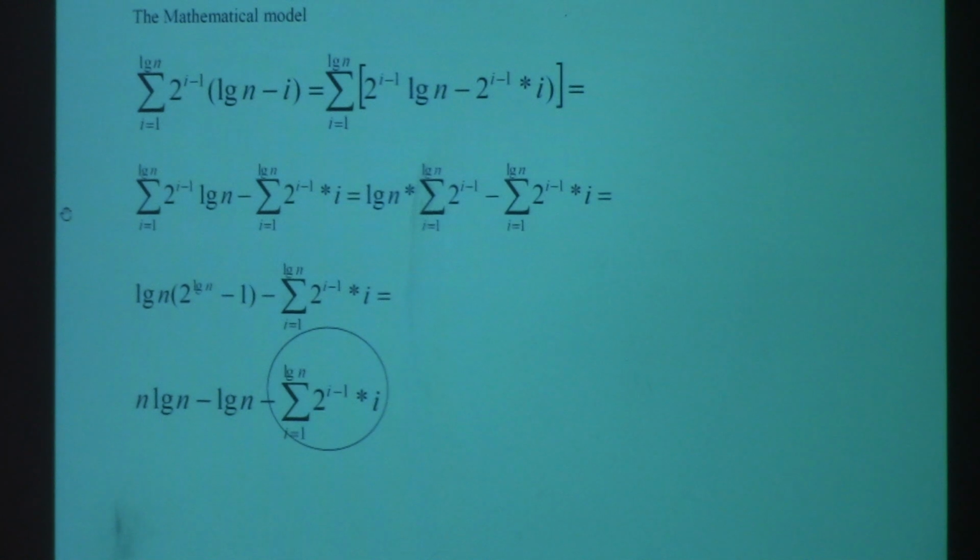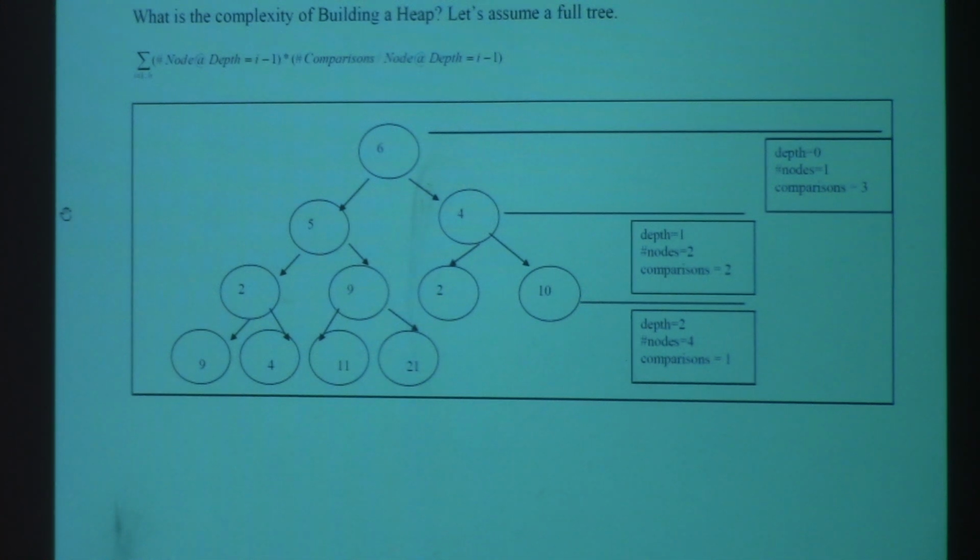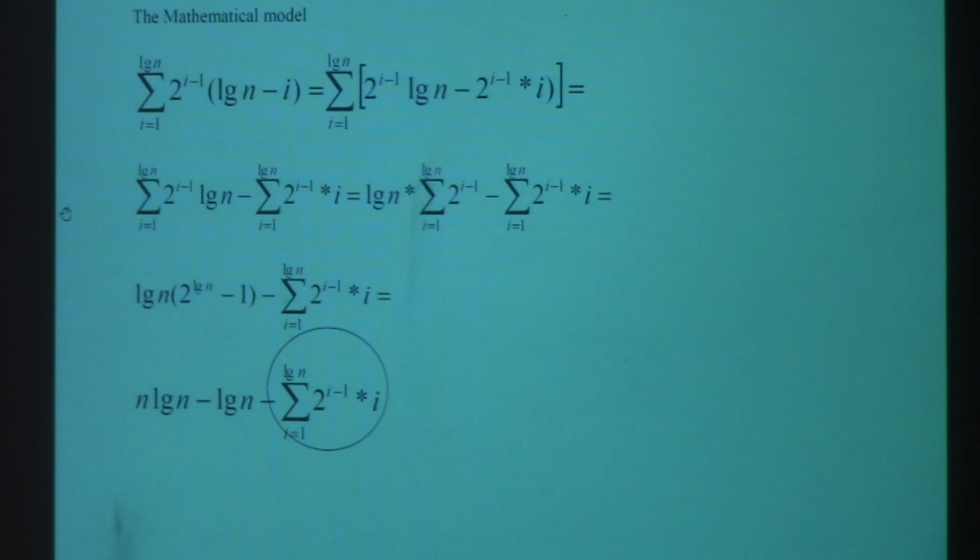And it represents the number of nodes at depth i minus 1. Because when i is equal to 1, 2 to the 0 is the number of nodes at depth 0. So basically 2 to the i minus 1 represents the number of nodes at all the depths. lg n minus i, lg